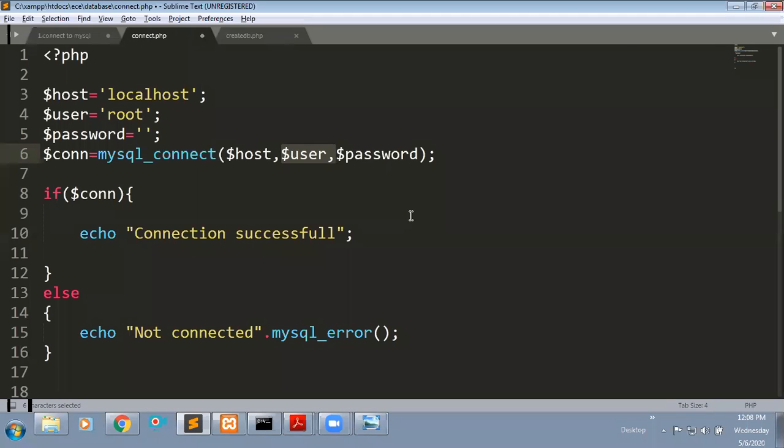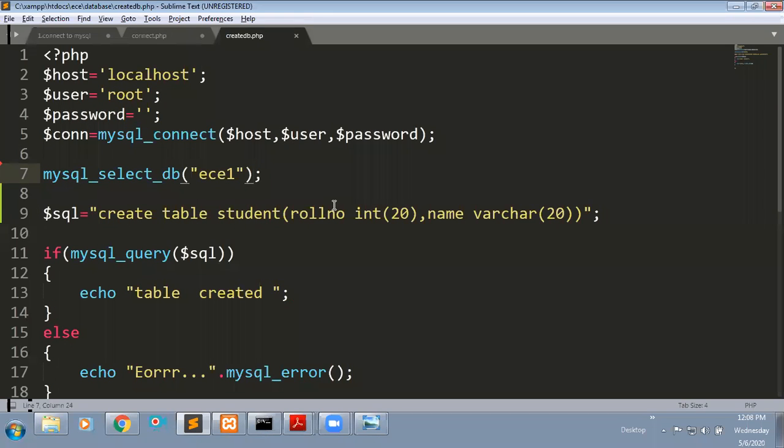To create a database, first you need to connect with your server. This is the connection which will give the connection to your server. Then I first want to create one database. In the last class we created this database, right? How did we create this database?